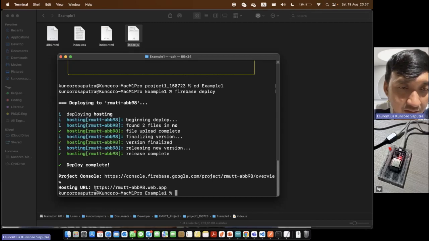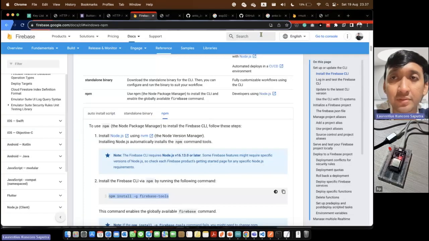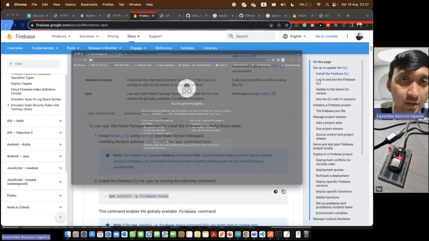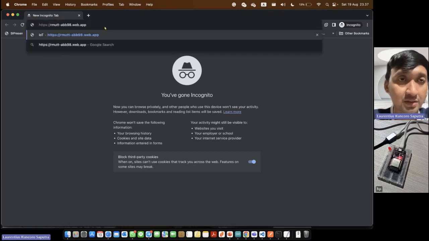This is the URL to access our web app. I use incognito, so it's not affected by cache. Yeah, paste this one.